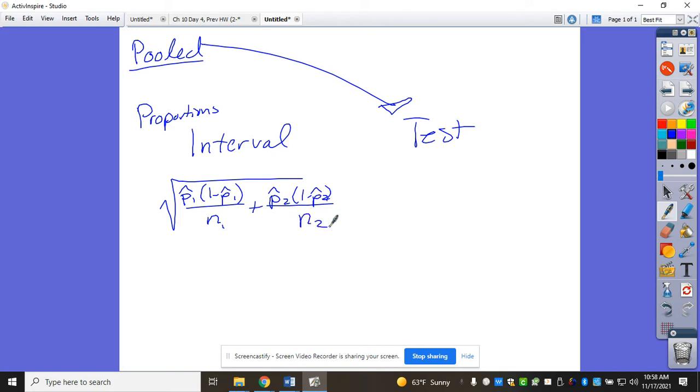If I'm making the claim that they're the same, does this change? Does this change if I'm making a claim that the proportions are the same? These all become p hat c, right? So this same drawing, but with means,